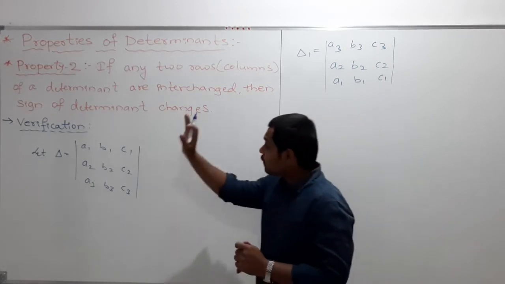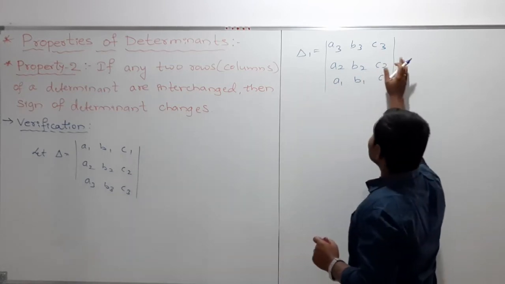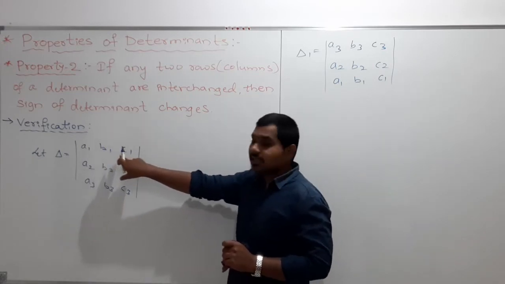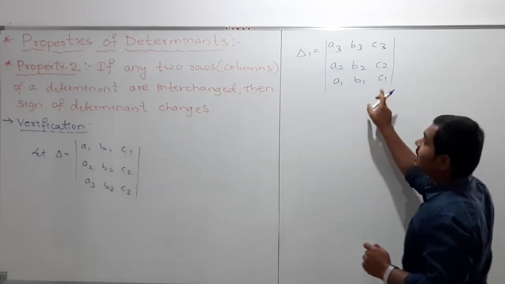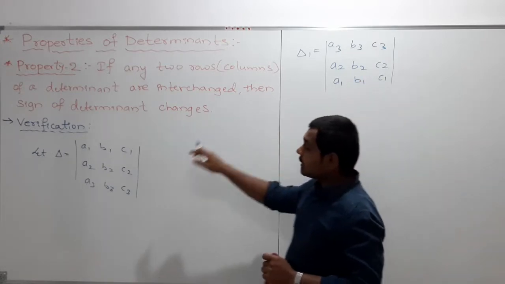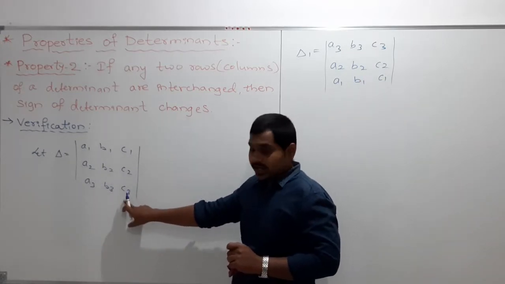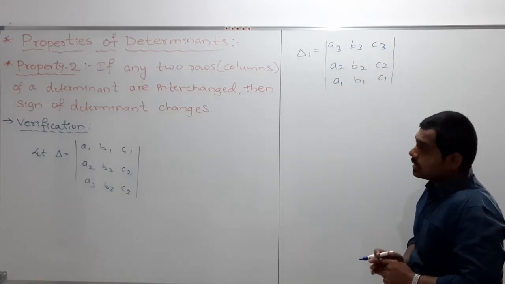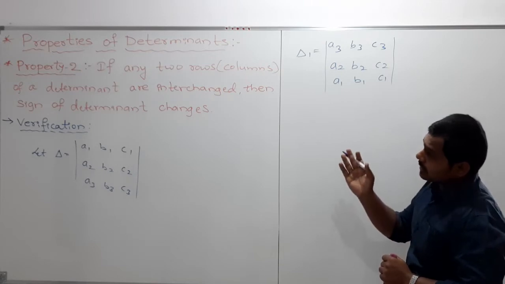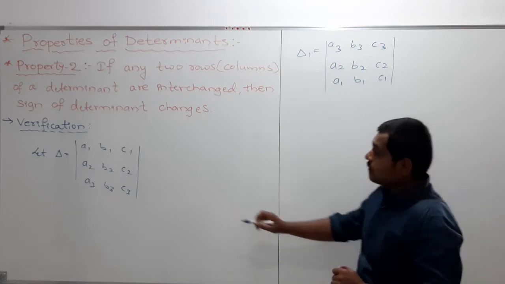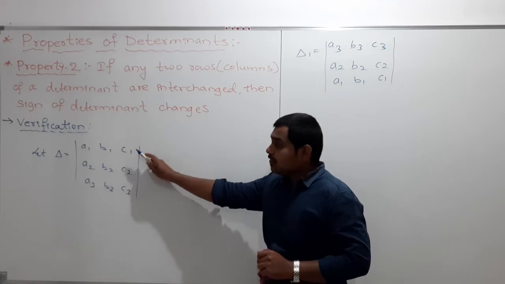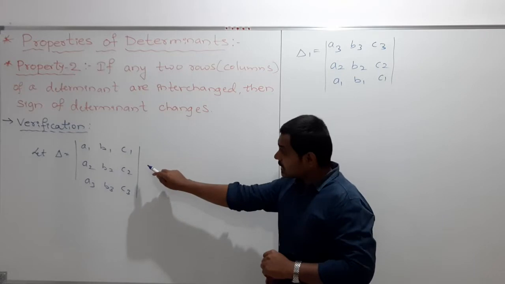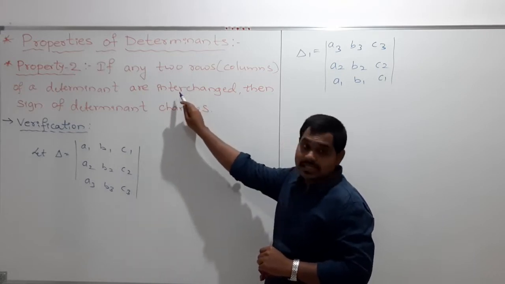So what is that? From this determinant I interchanged row 1 and row 3. Whatever elements are present in row 1, I wrote in place of row 3, and whatever elements are present in row 3, I wrote in place of row 1. So my dear students, the meaning of the second property is, if for any determinant you interchange any two rows or columns,